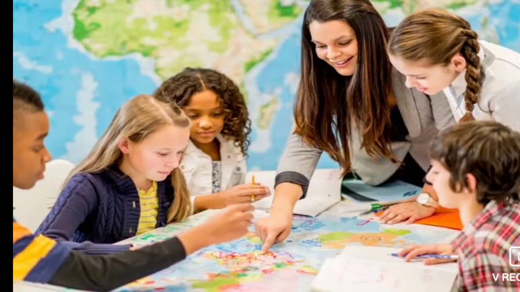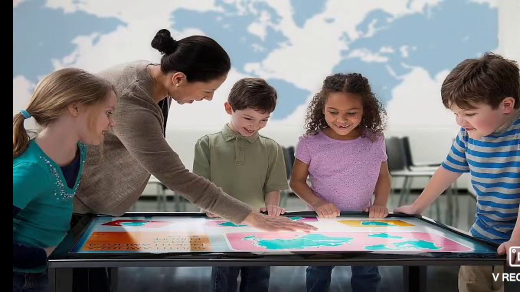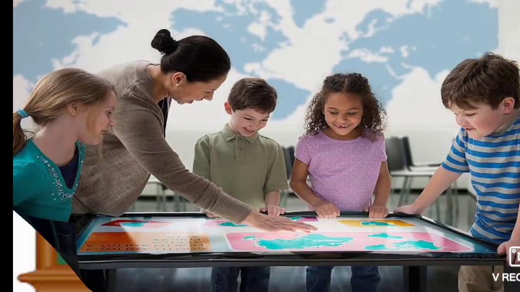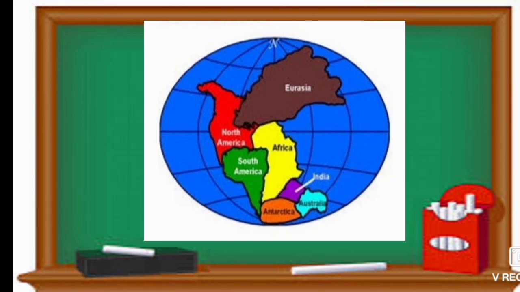The teacher asks them to paste the zigzag continents with no gap between them and color the remaining places in blue. Finally, a group of students pastes the continents without any gap between them. The teacher then puts the chart on the board and the children applaud. Students, now let us know about this chart.